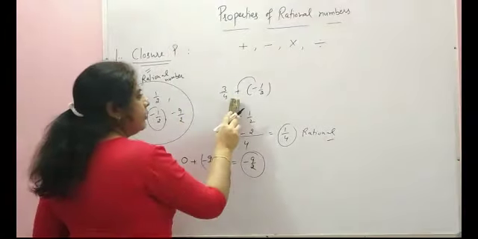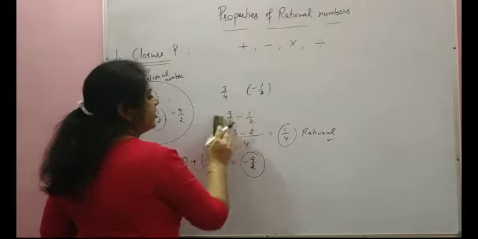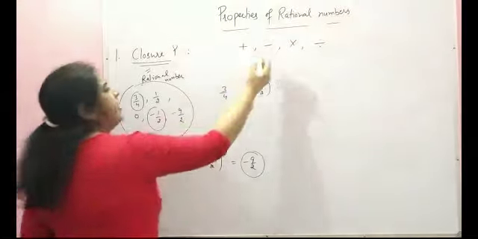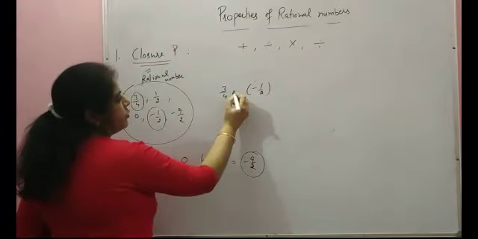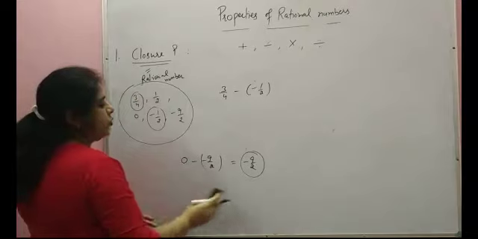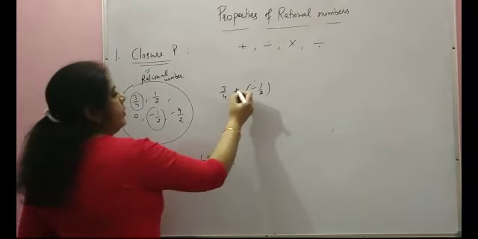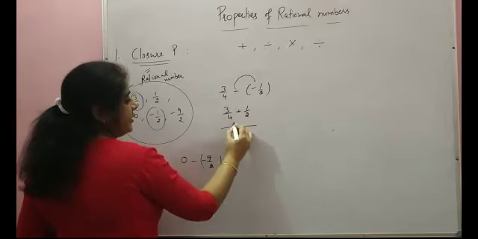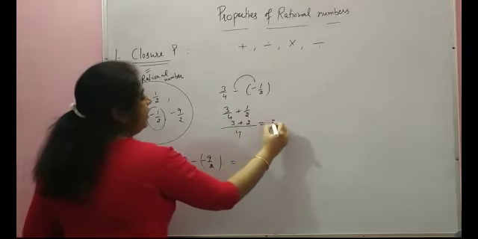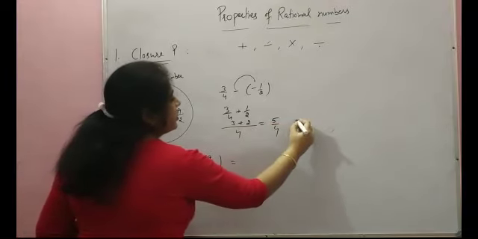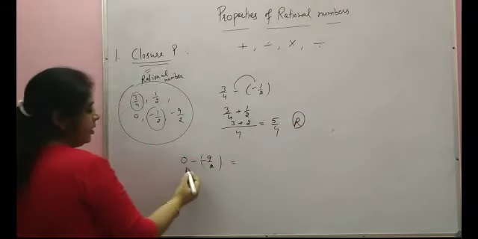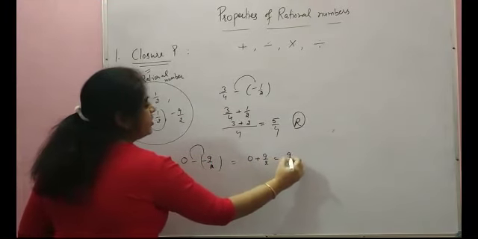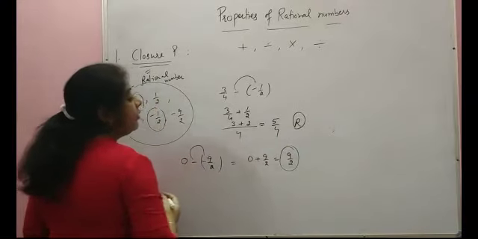Now the same, if we are taking the same numbers, and now in place of adding we have just picked this sign, minus. We are just subtracting these two rational numbers. See, minus minus becomes plus. Take the LCM. What would the answer be? 5 by 4. This is a rational number. Subtract this, minus minus becomes plus. So the answer is 9 by 2. This is also a rational number.